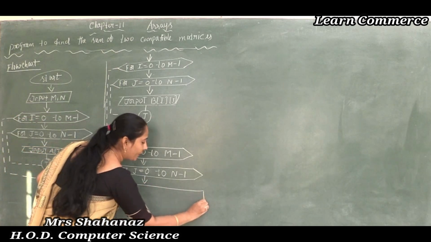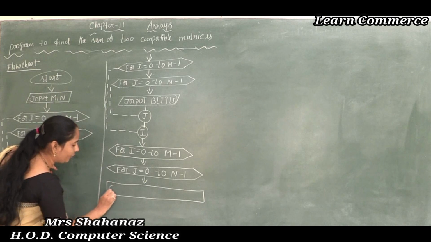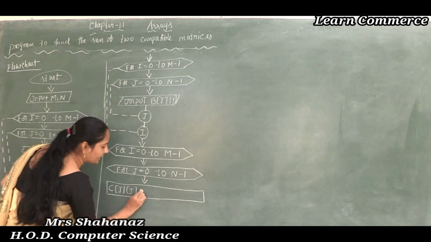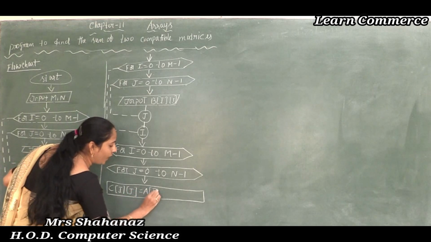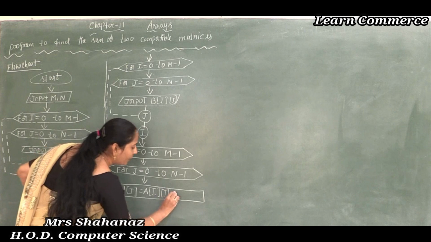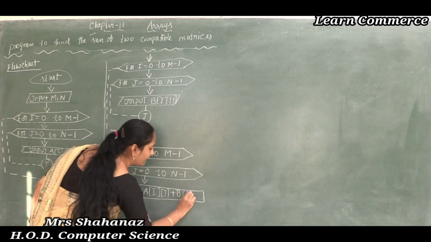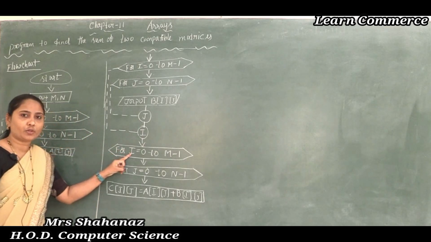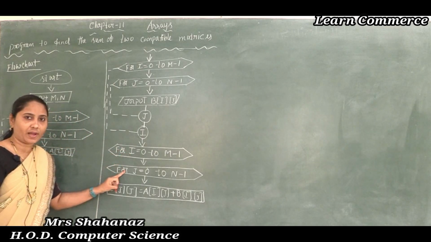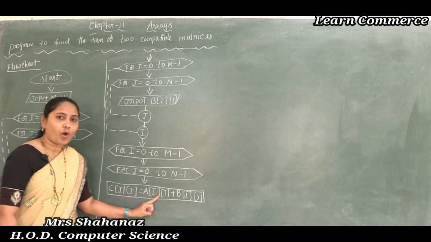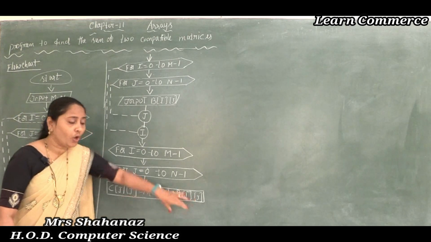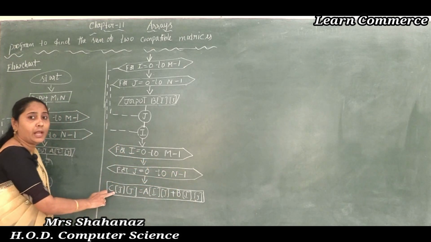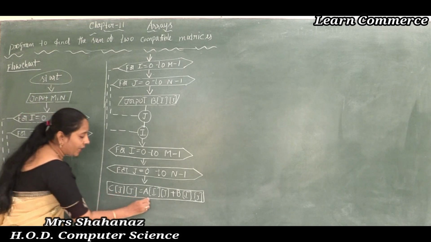by using the process symbol I am adding the value, the C of ij. Clear this point here: the C of ij value is equal to A of ij plus B of ij. So now, by accessing the row size value and the column size value, afterwards we will get the A of ij plus B of ij value. Both A of ij and B of ij values are going to be added into the matrix C of ij,